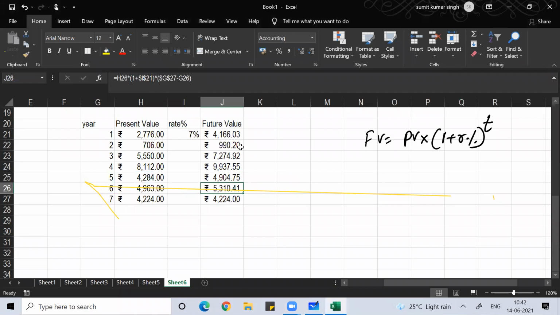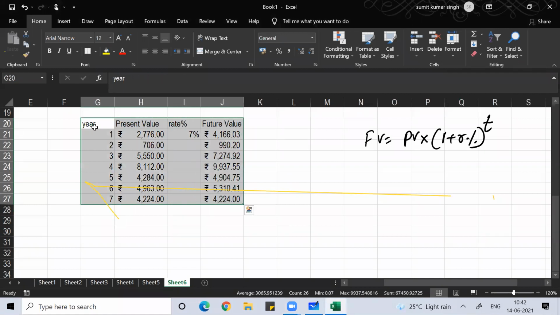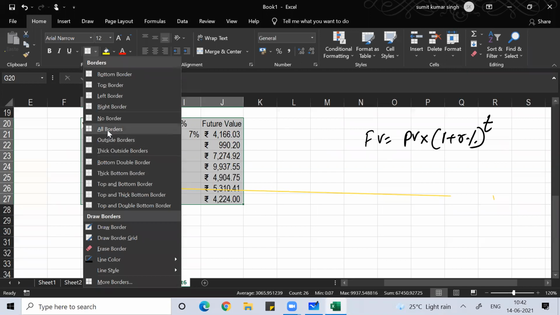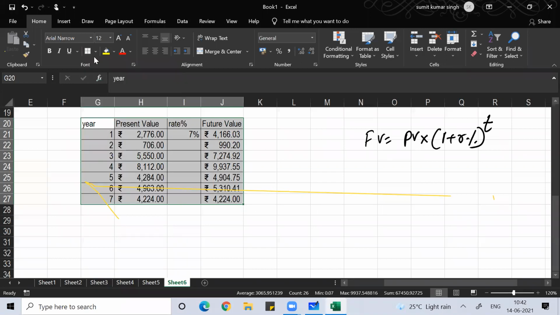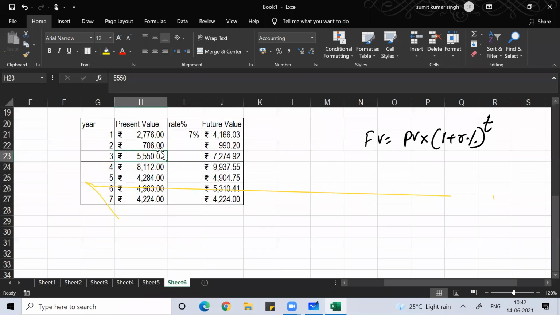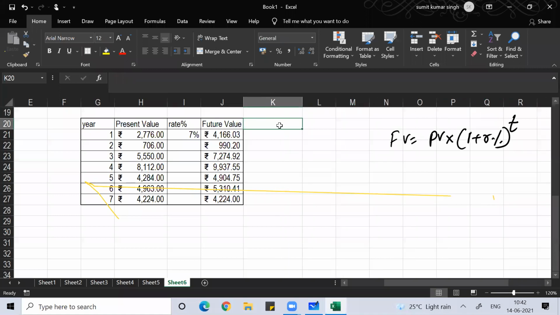So this is the same calculation, guys, that we did. We can do this without a formula also, guys.